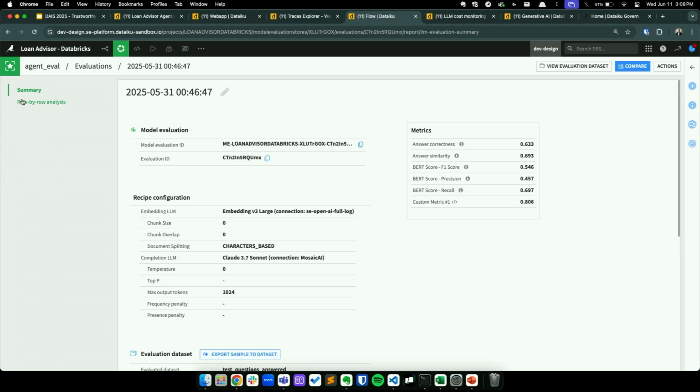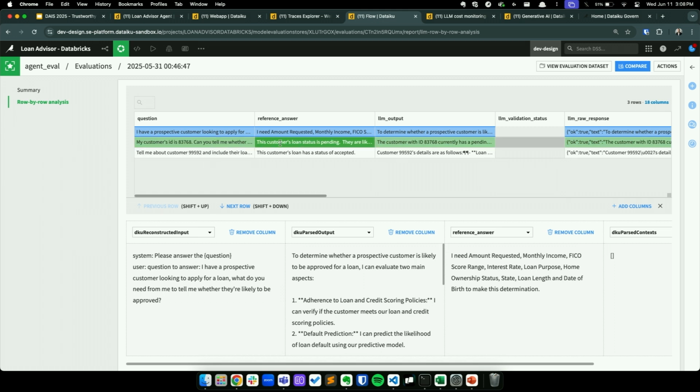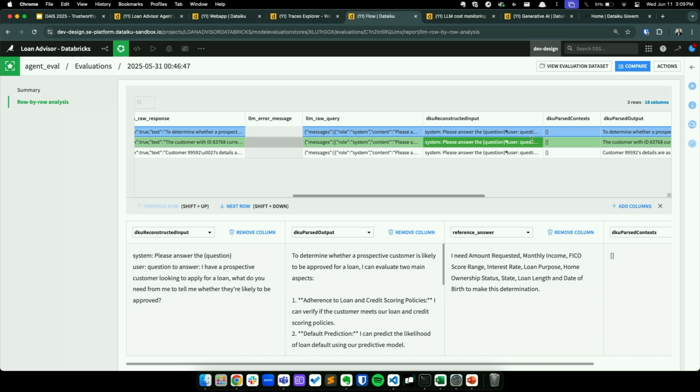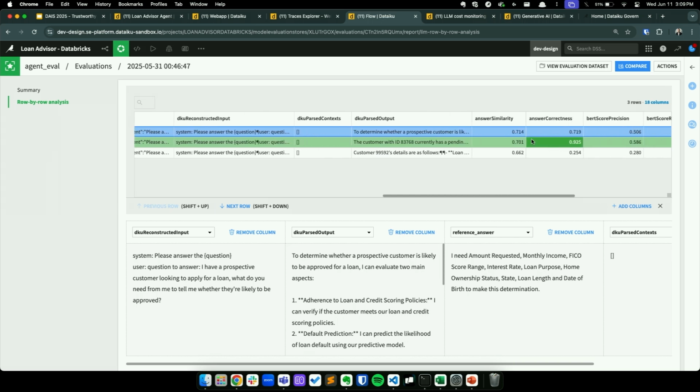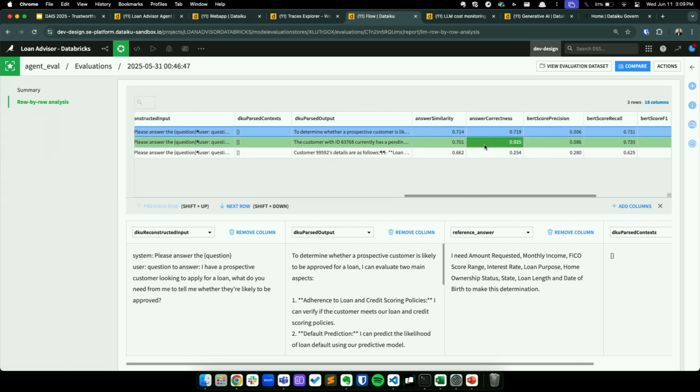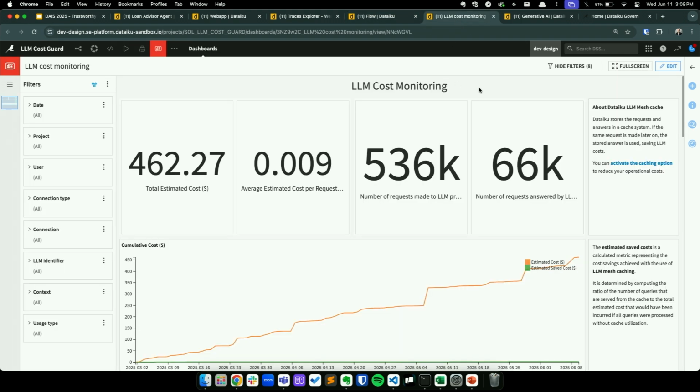and you can understand at a question by question level what was the question, what was the output of the LLM versus the reference answer, and how did the LLM judge actually come to its conclusion around some of these calculations that you see here. So we can actually go quite granular and understand exactly how the performance of the agent is shifting over time. But apart from performance, there's also the cost considerations.